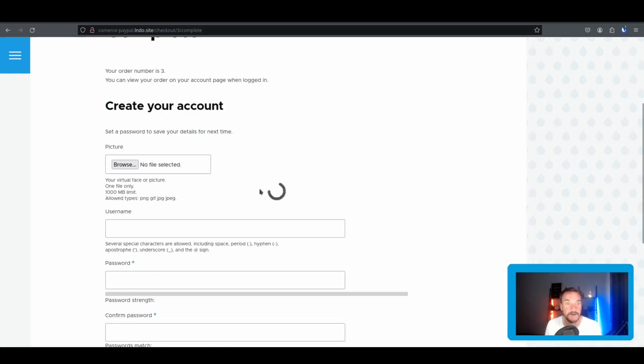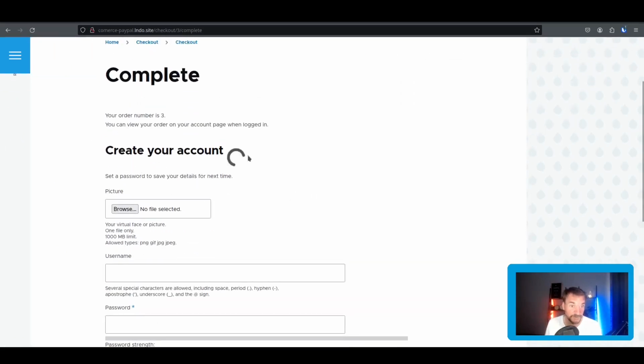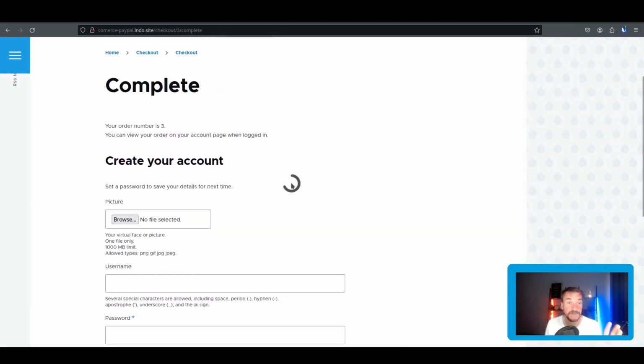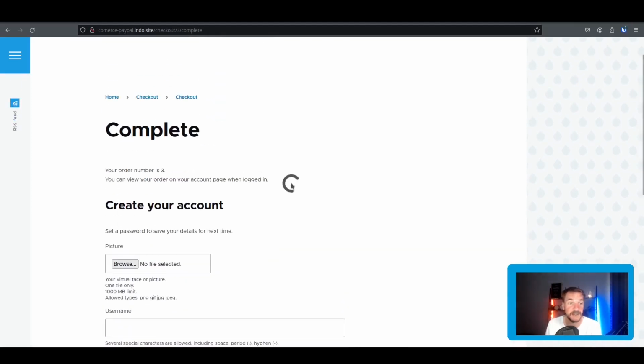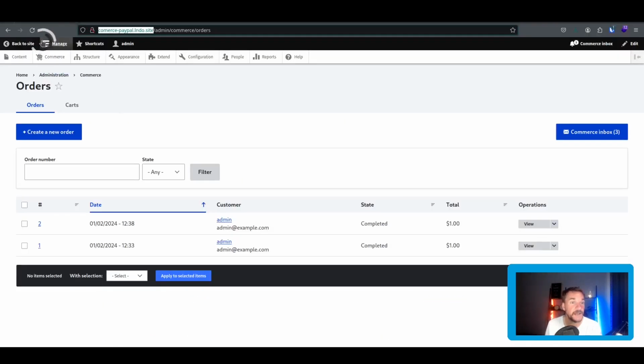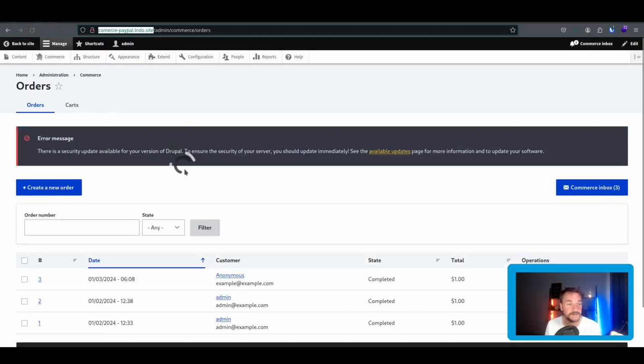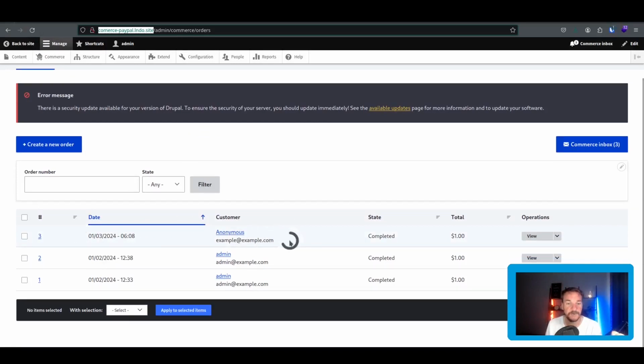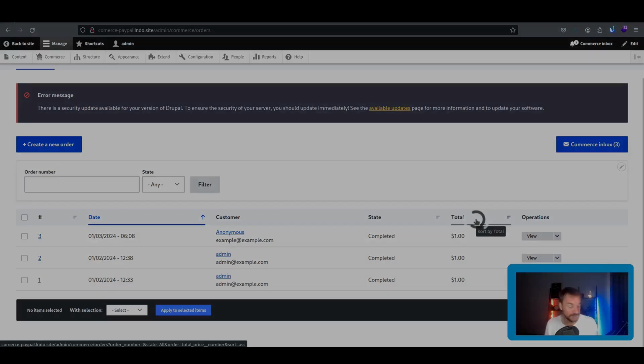And now, as an anonymous user, we get the option to create an account at the end, which I'm not going to do. That's just going to generate an account. So there's our order. We can go and look at that order in our orders here. If we refresh this, there's our new order with the new email address and the new anonymous user, and that's it. So that brings us to the end of our how to set up and configure the Commerce PayPal module